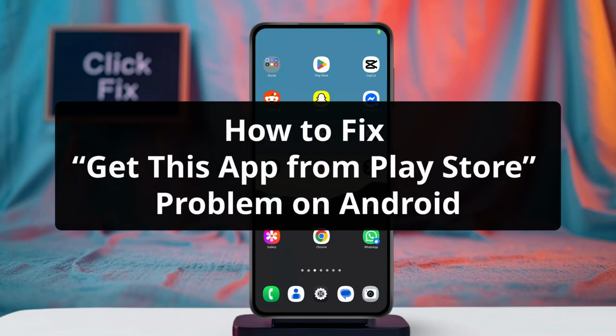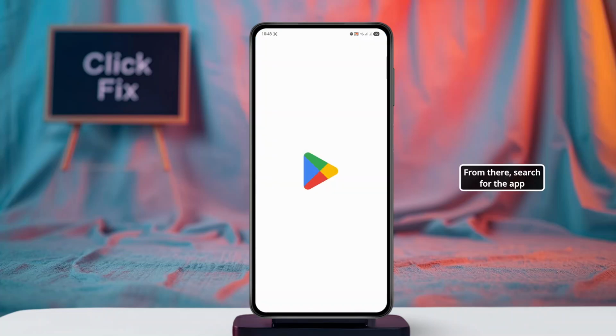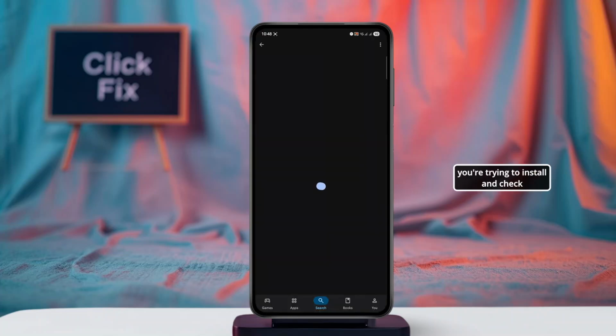How to fix Get This app from Play Store on Android. This tutorial covers the most common causes and how to clear the message so you can install normally. First, open the Play Store app on your Android device. From there, search for the app you're trying to install and check whether the message still appears when you tap